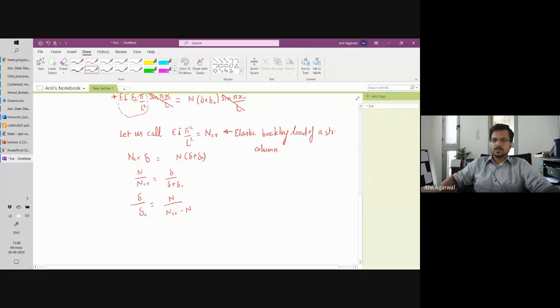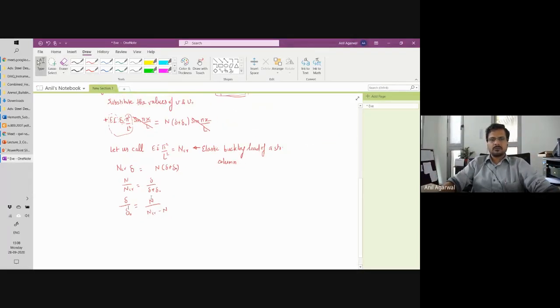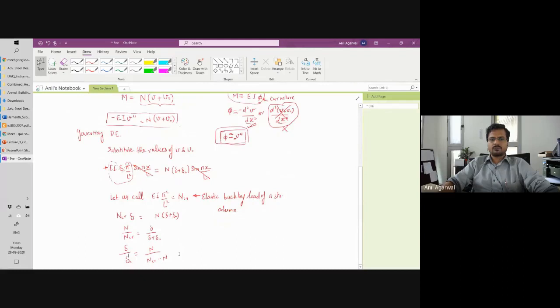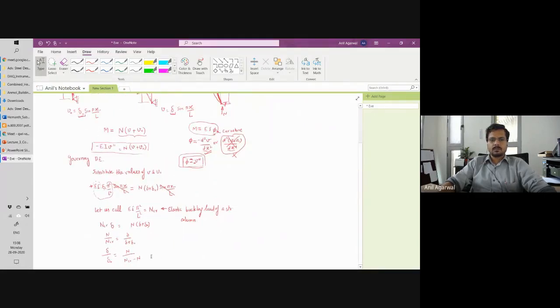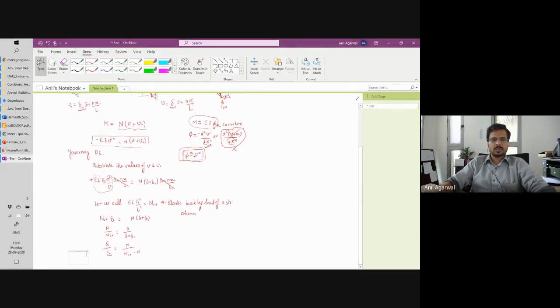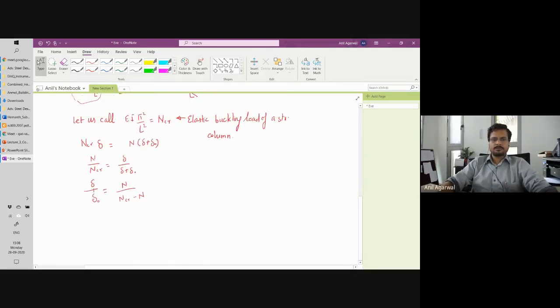Okay. So far we have not done anything new. We have not introduced any theory or theorem here. What we are doing is we are only deriving the equation for an imperfect column. And we are saying that at any load N, your delta will be related with N in such a way. No questions about this one, right? This seems all okay. There is nothing new that we have learned. We have just used the older information to get a relationship between N and delta. Fine.